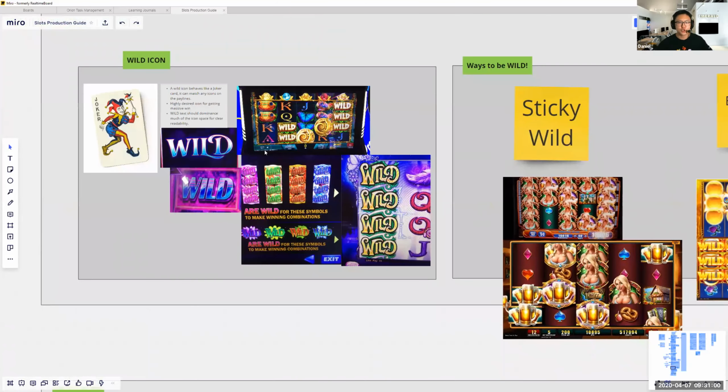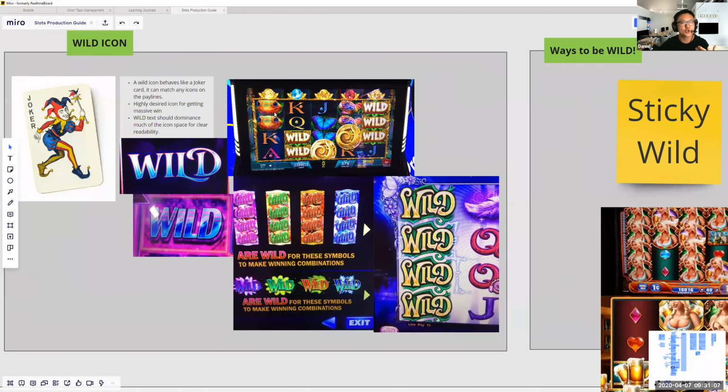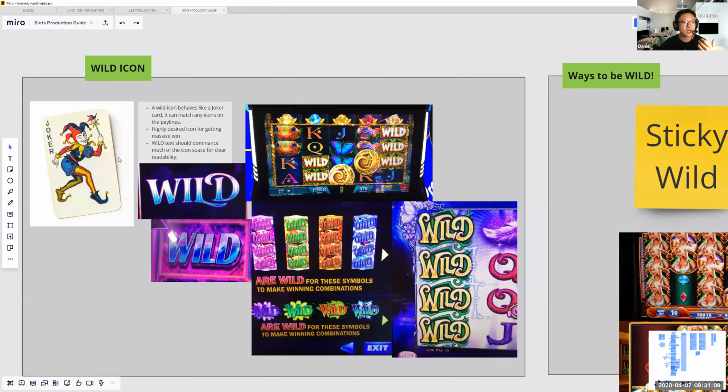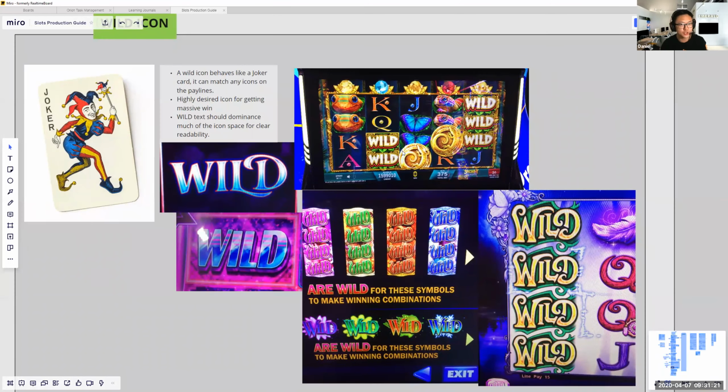Wild icons are the Joker icons of the industry. They connect the dots. In case you missed, let's say, 2 positions of the icons, the wild icon, like the Joker, will connect everything to make it match 3. Or if you have wilds at the back and you have match 4, it will become a match 5 at the very back, right? These wild icons have always been really challenging for the team because it is a text